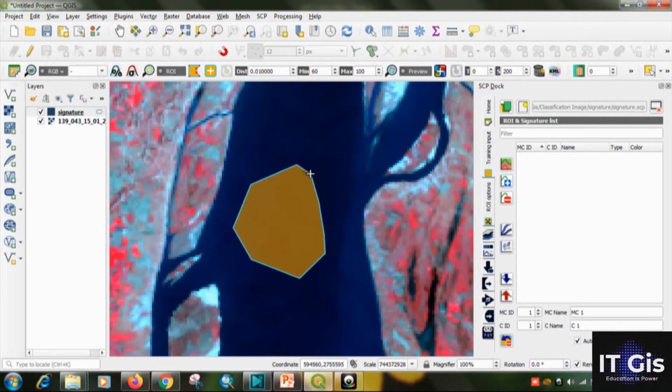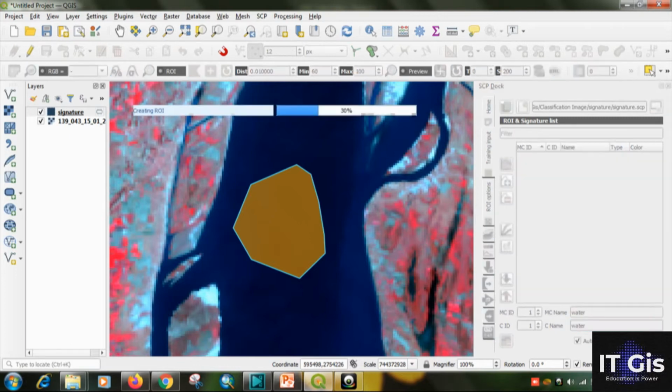At the end, just right click. Then give the MC ID as 1, and MC name as water, and copy it, and the C name, or class name, also water. Then click on save.